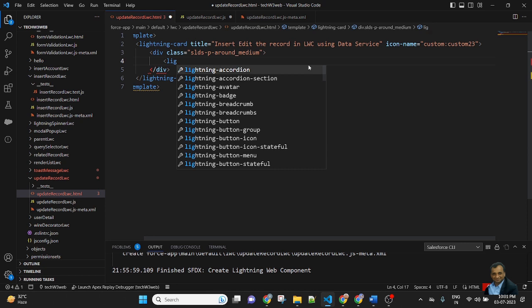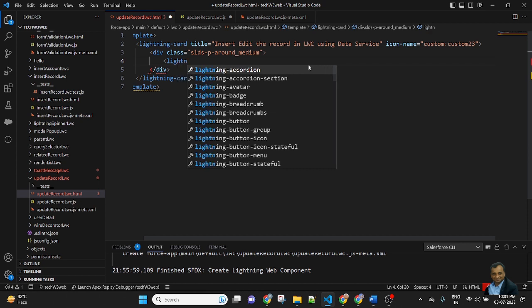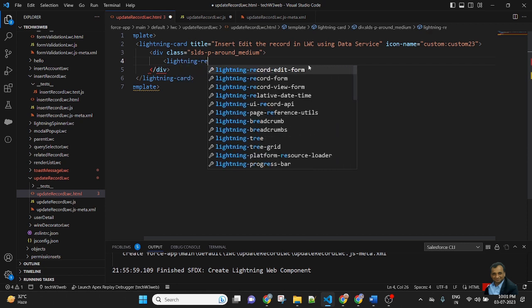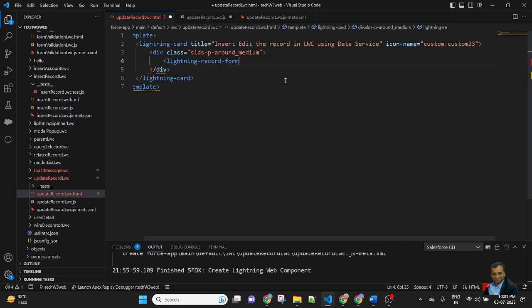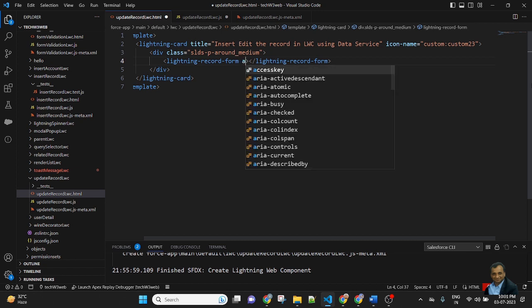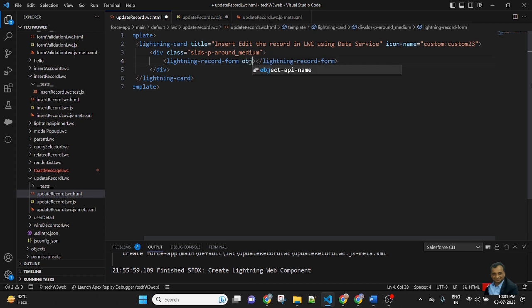Lightning record form, and here object API name. The object API name will be passed in curly brackets.